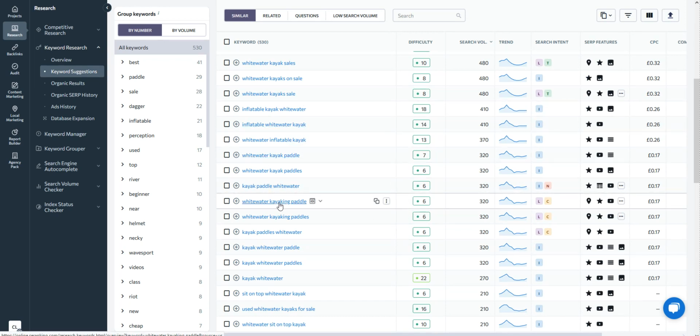And of course, this is whitewater kayaks. I would do the same for fishing kayaks and touring kayaks. And if you do that, you've got a niche in 8 minutes that will make you money and be easy to rank if you follow those steps. So go and give it a go. You can do the same with AdSense, same with ClickBank. Just modify the steps and obviously look for a ClickBank niche instead of an Amazon one, and that's exactly how you do it. I recommend backing it up with a good keyword tool like SE ranking.